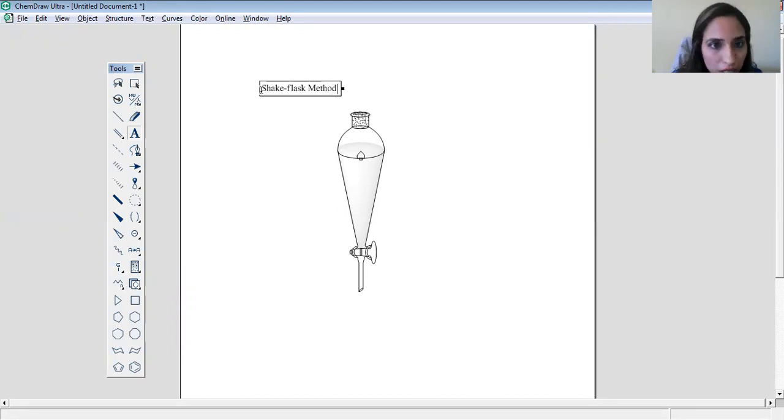Firstly, we take a drug, dissolve it in water, put it into this separating funnel and add the N-octanol. After that, we vigorously shake it and keep it aside. After that, we can take the lipophilic as well as the hydrophilic solvent and do its UV analysis.